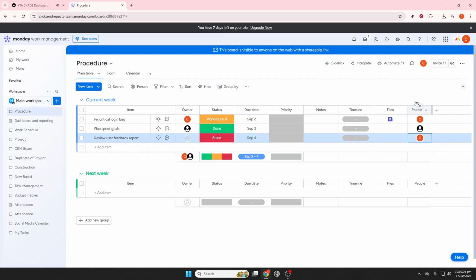So, there you have it. Assigning tasks in Monday.com is straightforward and efficient, allowing you to manage your projects with clarity and